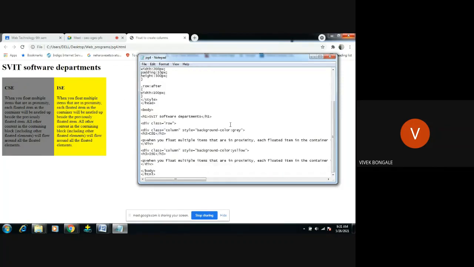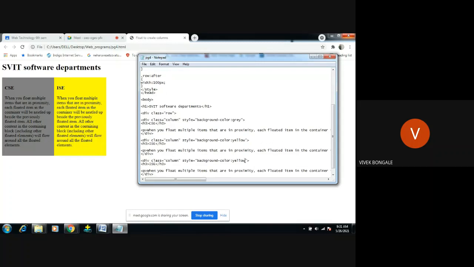Next, if we want to create one more column, I will just use another color, then I will change this to EC.